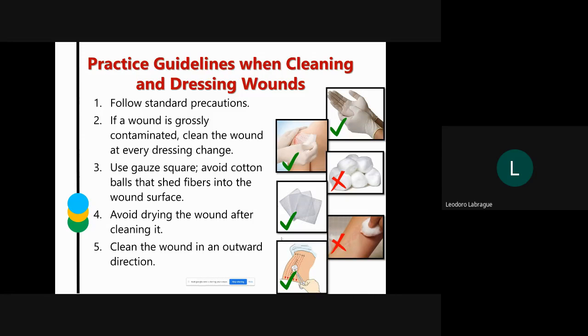What does it mean? I want you to look at the third photo. There is an X and you can see cotton. Normally, when you clean the wound at home, you use cotton, correct? But in the hospital, as much as possible, instead of cotton, you use the gauze. I want you to look at photo number 4. It is gauze. That is exactly what we need to use to clean the wound. Why? If you use cotton, there are some fibers. And when you clean the wound, some fibers are left on the wound. It would be very difficult for the wound to heal if there are some cotton fibers left on the wound. That's why we avoid cotton.